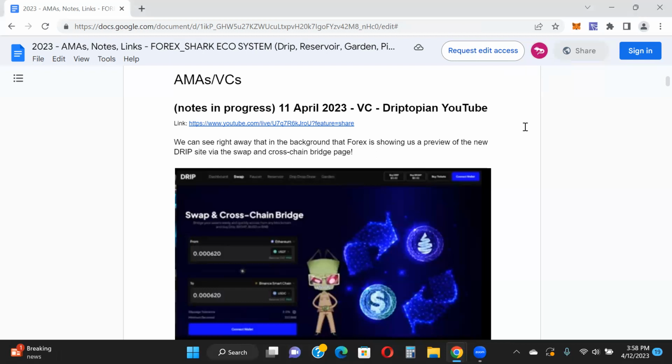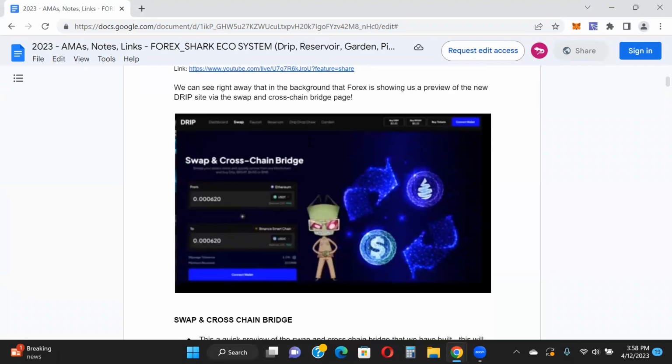You can see here the front end, the new UI, what it's going to look like. You can see the different tabs. It's a little bit blurry here, but you can kind of make it out. They have a tab for the swap, which is what we have right now for the current UI. Then there's a tab for the faucet. There's also a tab for the reservoir. Then there's going to be a separate tab here for the Drip Drop Draw, the new contract that's going to